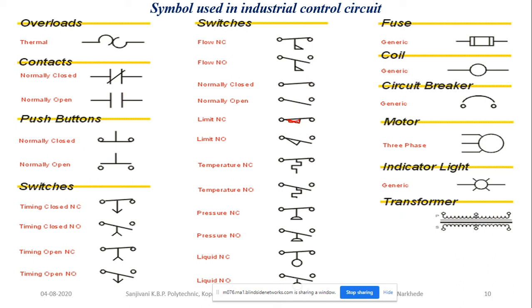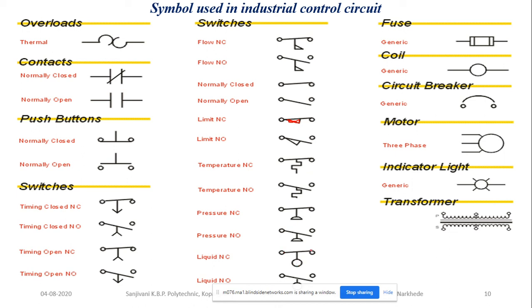So symbols are very important. Then for the temperature switch, the symbol is the NC contact, and to this we connect a pulse over here. For the pressure switch, the symbol for NO and NC is like this one. To this we have connected a semicircle. And for liquid level, this is the symbol for float.